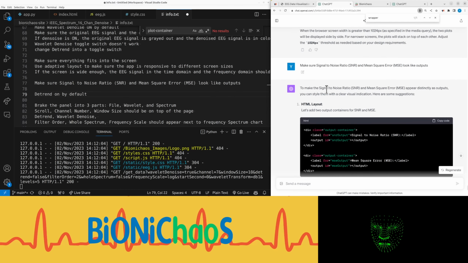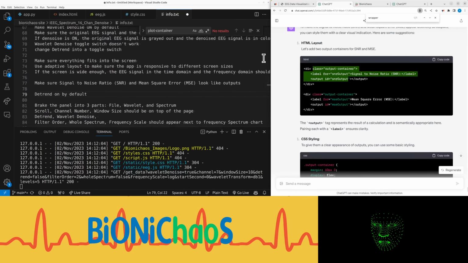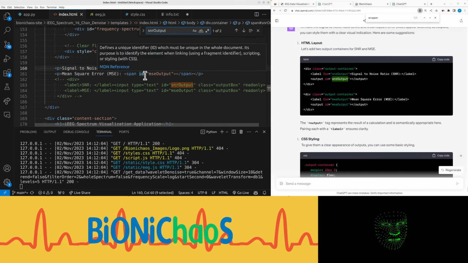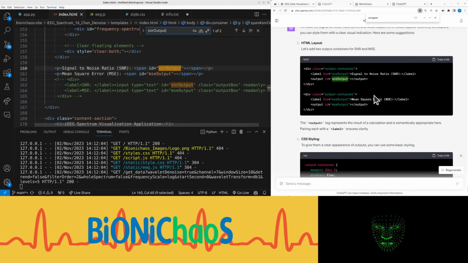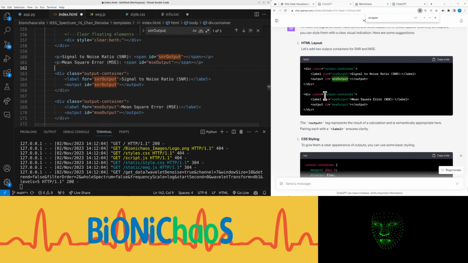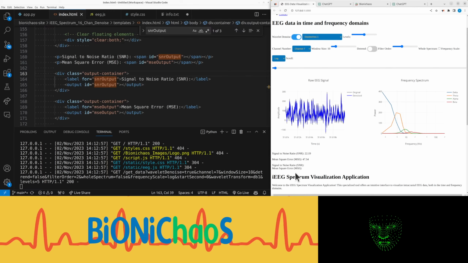Yeah, I want those two outputs to actually look like outputs. HTML, adjust, two outputs is now, blah blah. And CSS, let's check. Yes, and right, so they just look like that. And let's change the, let's keep them both for now. Let's see if I'm actually, yeah, so those ones,